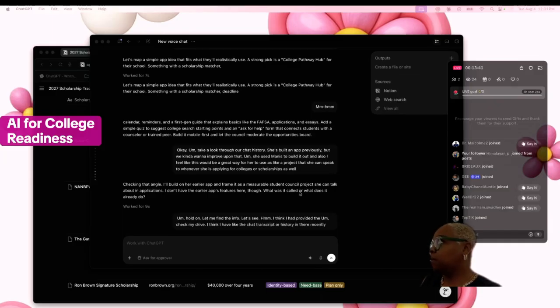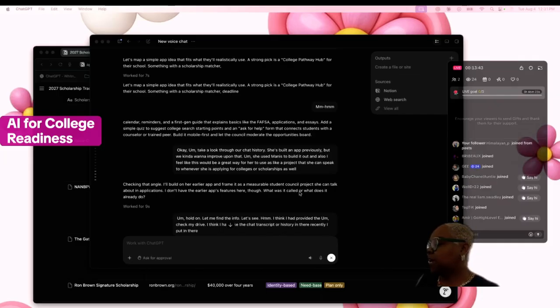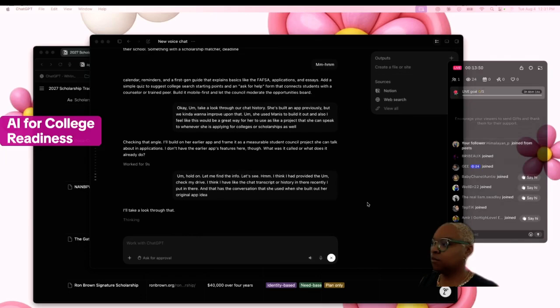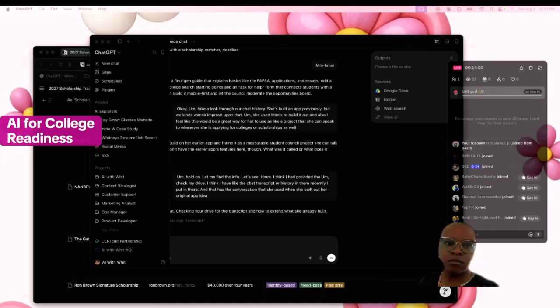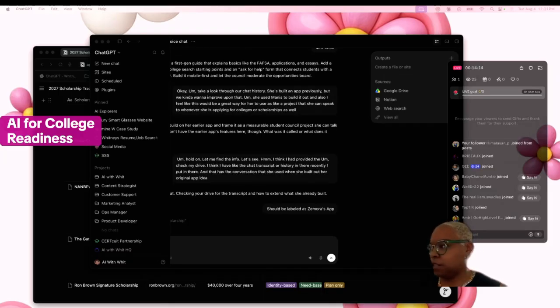Recently I put in there, and that has the conversation that she used when she built out her original app idea. I'll take a look through that, checking your drive for the transcript and how to extend what she already built. It should be labeled as Zamora's app combo in the drive.